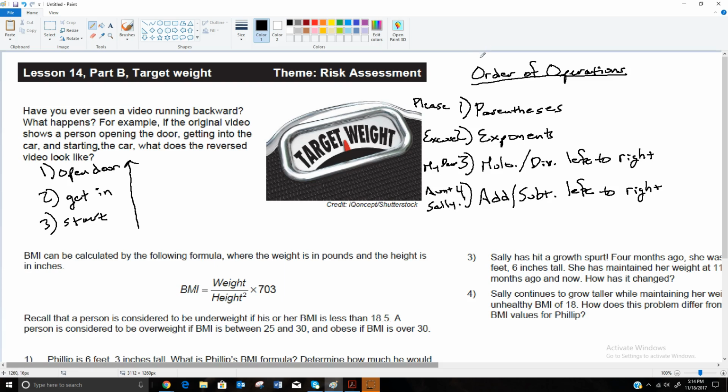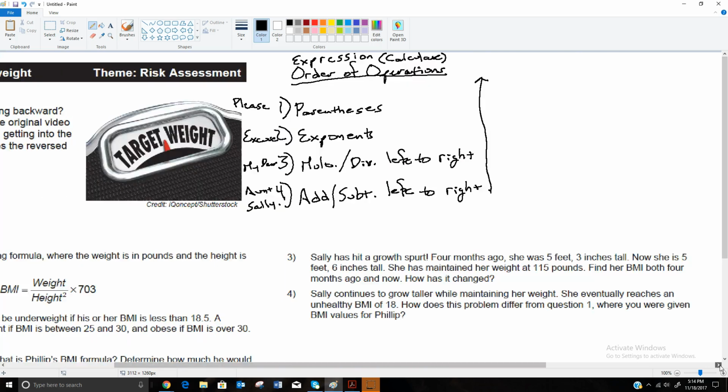So now, again, order of operations is for expressions. It's for when you have an expression with numbers in it and you're just trying to calculate it. So I'll put in here, when you're just trying to calculate something. But what we're going to be doing in this section is we're going to be doing some equation solving. Not real heavy equation solving. Don't worry, we're not going to do a lot of equation solving, but we're going to be doing a little bit. And when you're solving an equation, it's like this video that's being run backwards. You're trying to undo an expression and get back to where it was to start with.